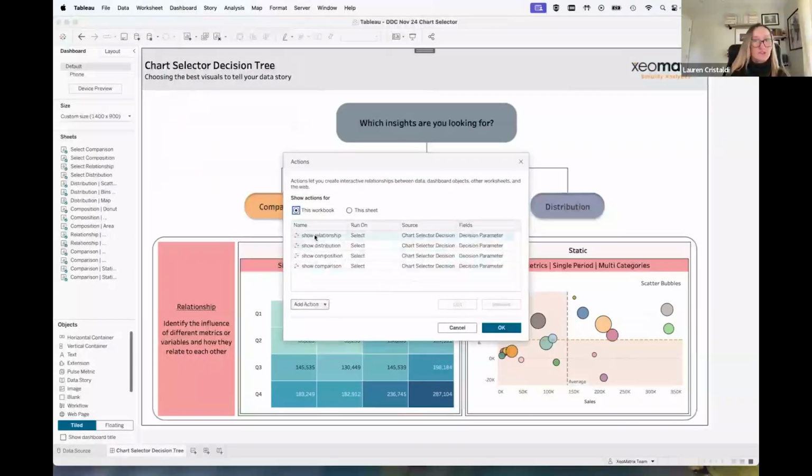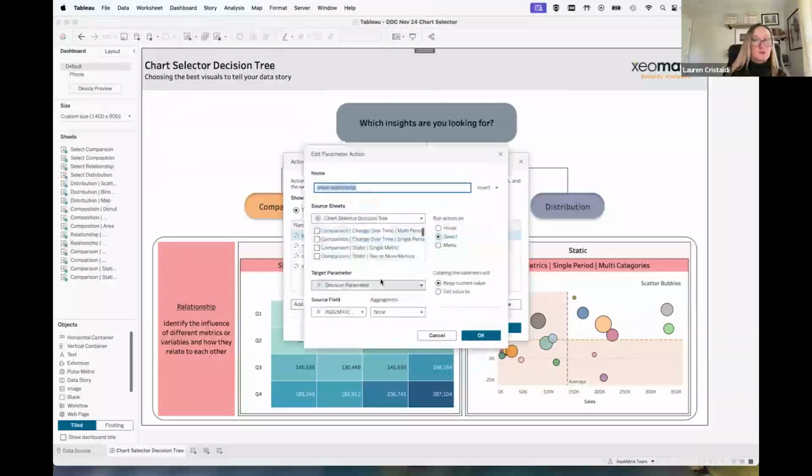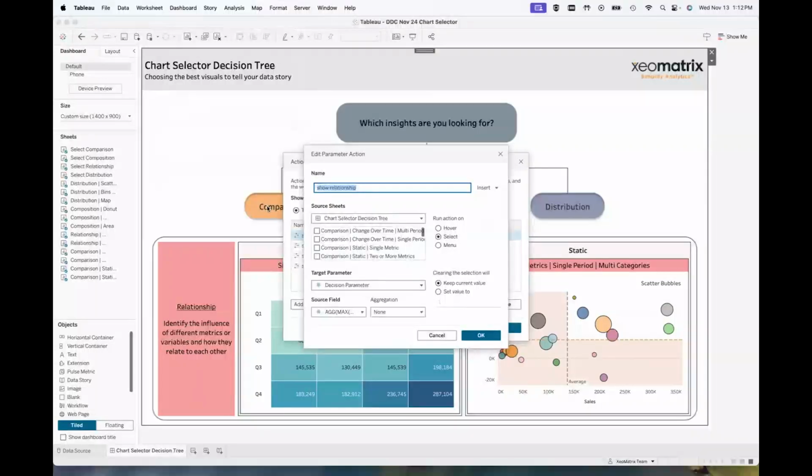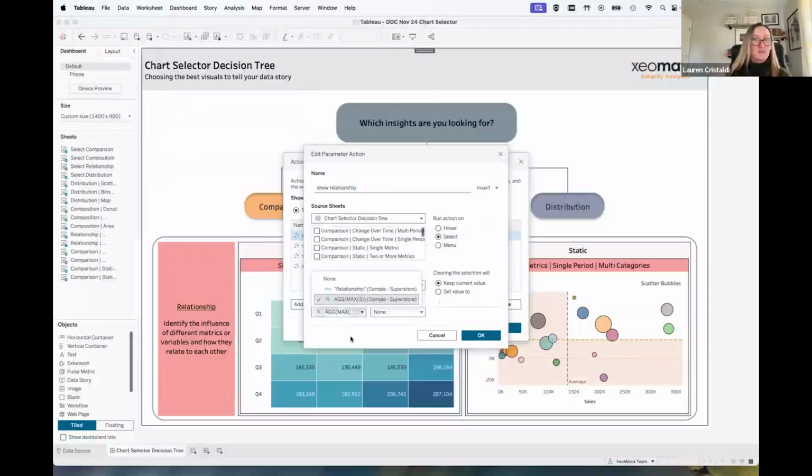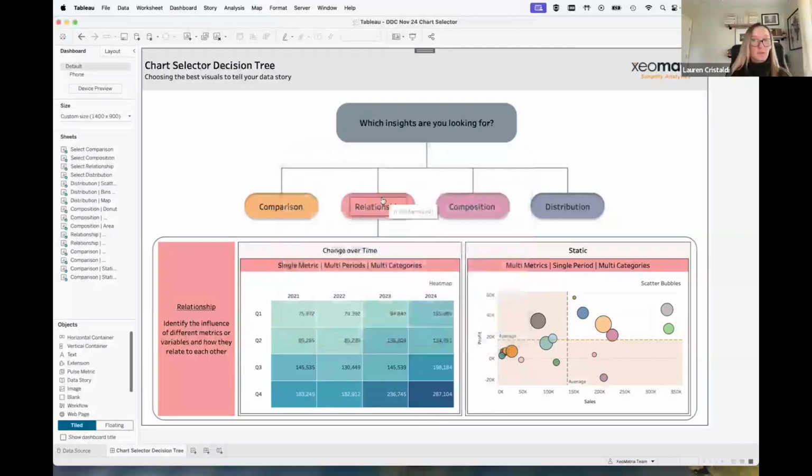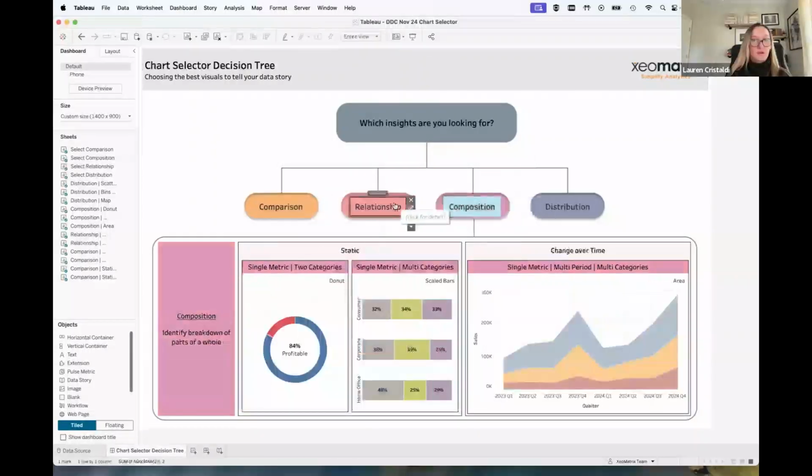So I used a dashboard action where you change a parameter. So the dynamic zone is built from the parameter. Then I have these different sheets, and each sheet just has the words that we have in these buckets. And that's a different value that matches with the integer parameter. So I just say like a max of 3, and it matches the 3 that's in this decision parameter. So it changes the parameter every time we click on another button.